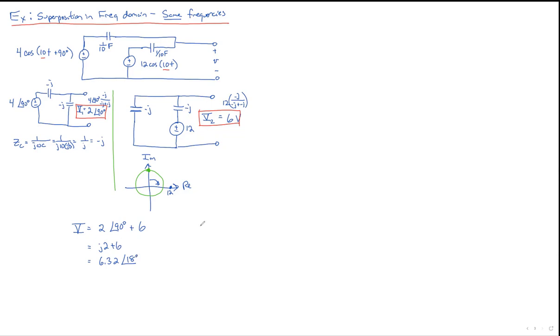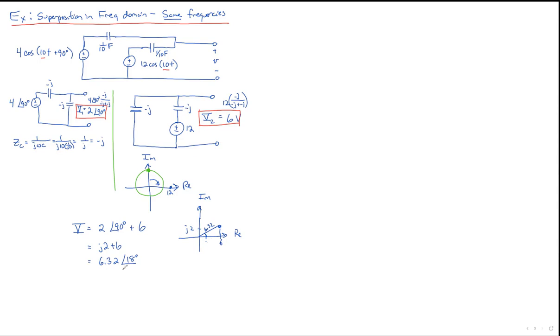Again, there's nothing magical there. You could do that by hand with a little bit of trig. You could say J2 plus 6 is this point right here. And that, by Pythagoras' theorem, is equal to the square root of 6 squared plus 2 squared away from the origin, which is 6.32. And you can figure out what its angle is using inverse tangent of 2 over 6, which gives you the